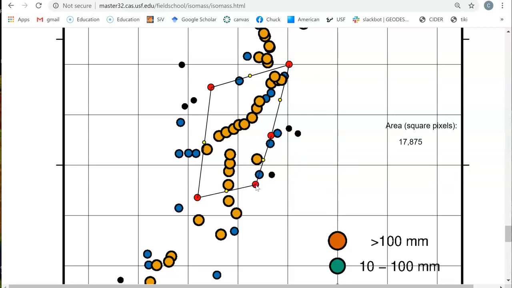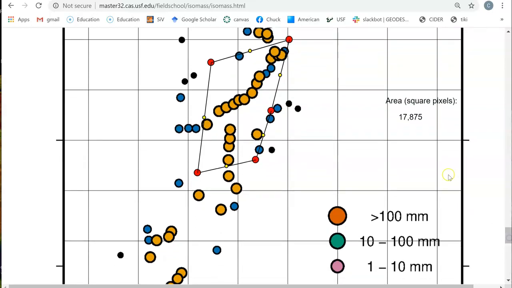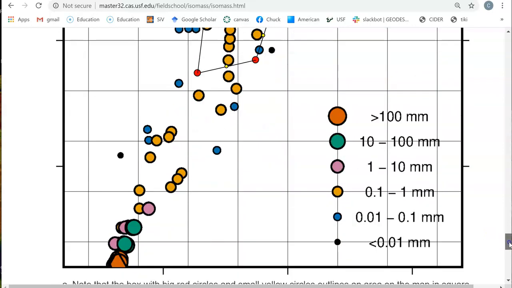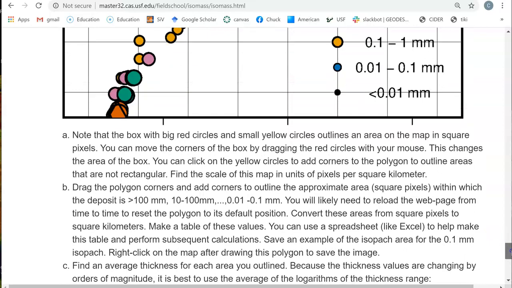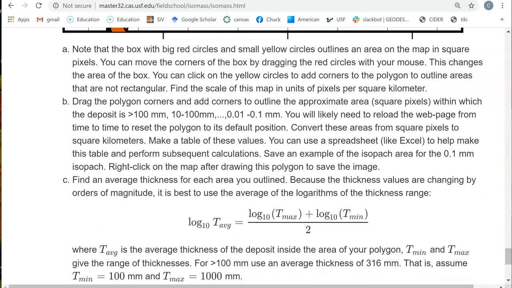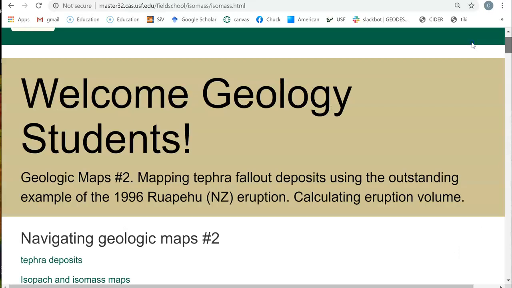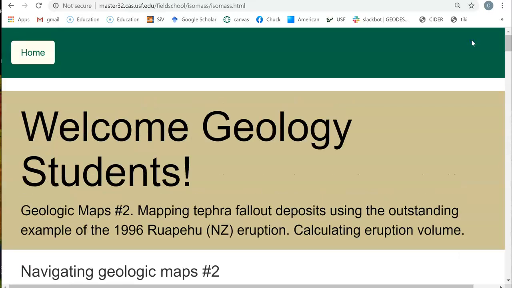And when they did that, they would get the area in square pixels, and they had to go through a fairly involved process to turn those pixels, using a map scale that they derive, into square kilometers, and then to convert those data to volumes. And so we went through, in a very practical way, trying to get them to do those kinds of calculations. So I'd say some of the lessons learned were, wow, I was shocked at how many students had